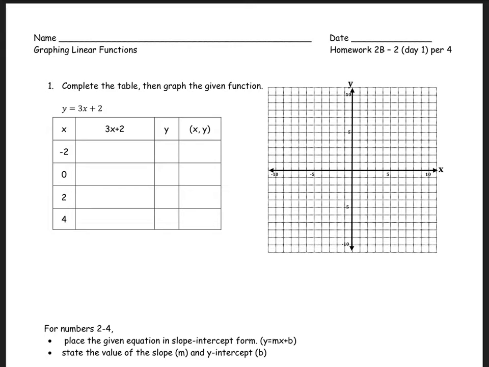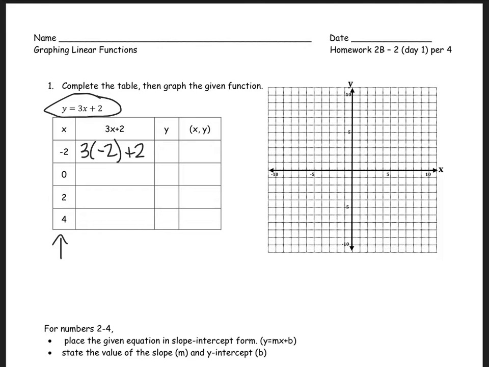Number 1 says complete the table, then graph the given function. We are given the equation of a line in y equals mx plus b form. So, to complete the table, you need to understand what's going on in the table. This is our x input column. That means we're going to substitute in the given values for x,